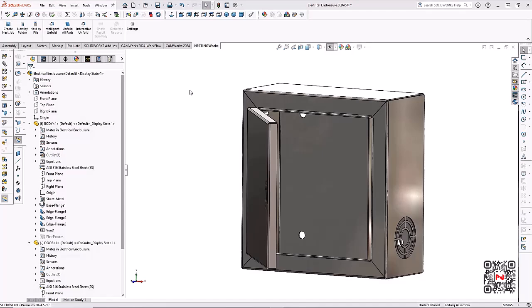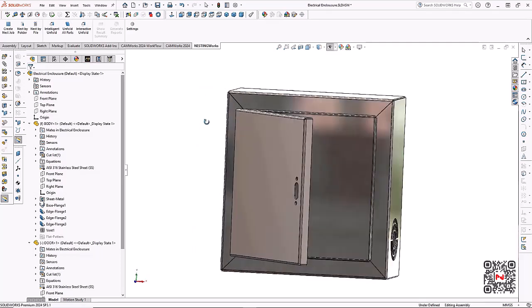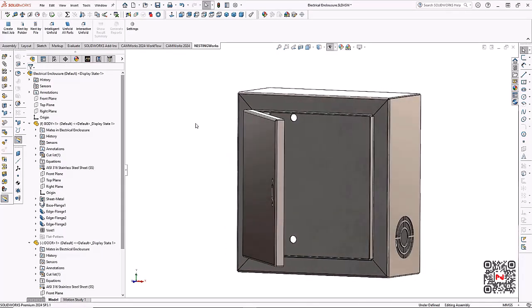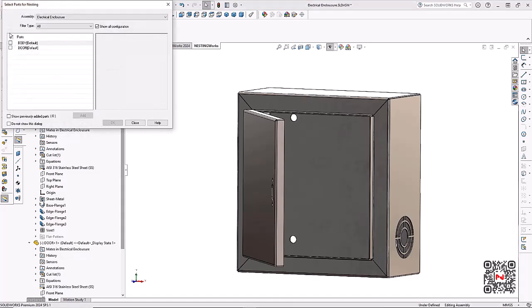So now let's take a look at how NESTINGWORKS and CAMWORKS can be used in combination to manufacture an electrical enclosure like the one you see here. This is a sheet metal part that was designed in SolidWorks. And once NestingWorks is installed, there is a tab here that gets added to the SolidWorks Command Manager. So I'm going to go up here and use the icon on that NestingWorks tab to create a new nest